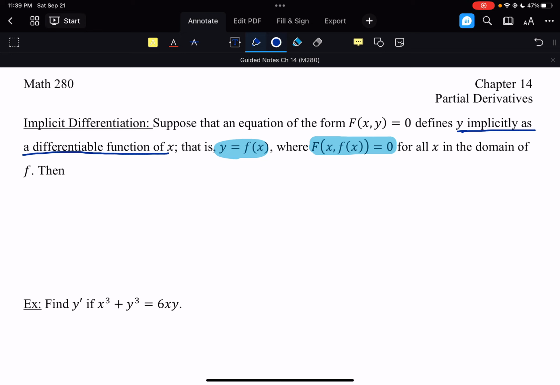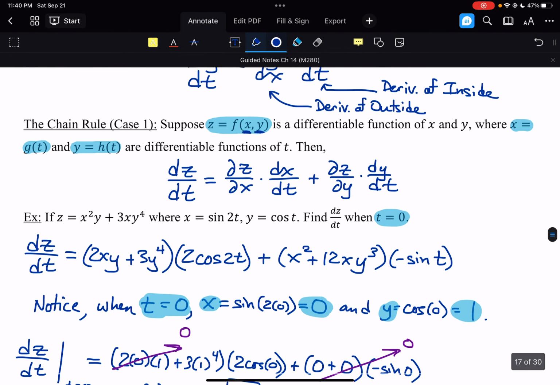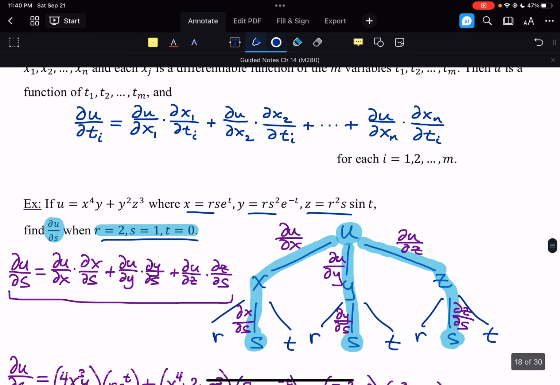Then if we apply case 1 of the chain rule, so if we go back really quickly, that's right here. Partial z with respect to t is equal to the product of these partials plus the product of these partials. If we go and apply that directly here,